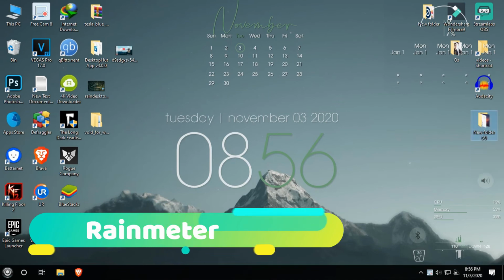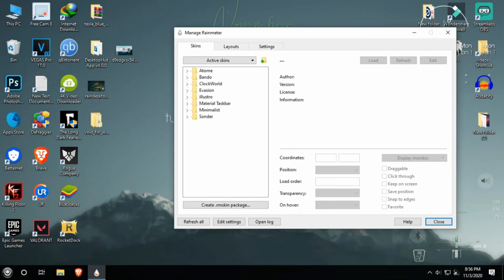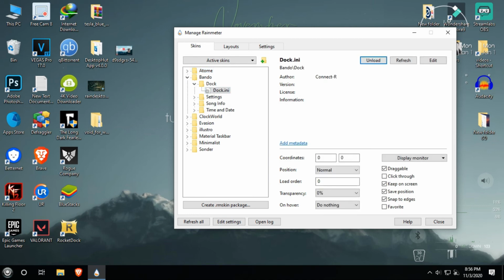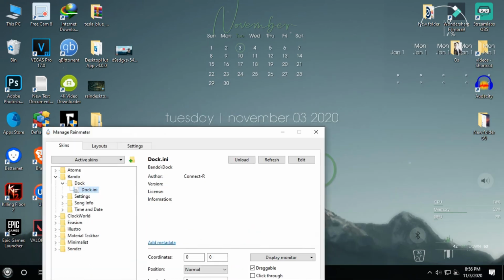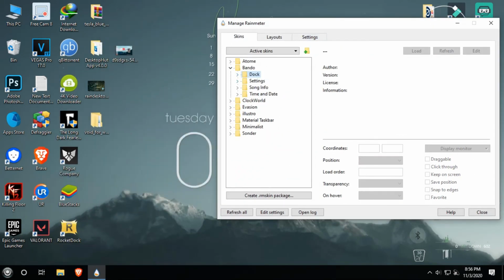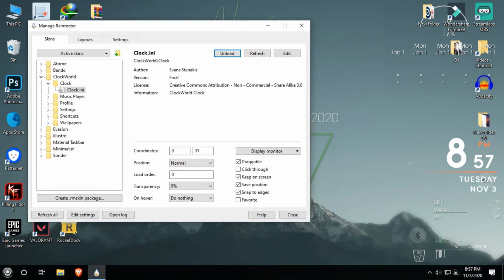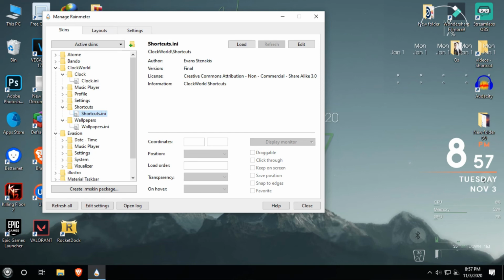Coming to number 1 is Rainmeter. Rainmeter is a customization software application for your desktop that is capable of showing all kinds of information about your PC like time, date, processor temperature, data traffic and energy usage, weather, RSS feed. And Rainmeter is a complete desktop customization software that will allow you to customize its skin and the information that it shows. So that's all 5 apps for